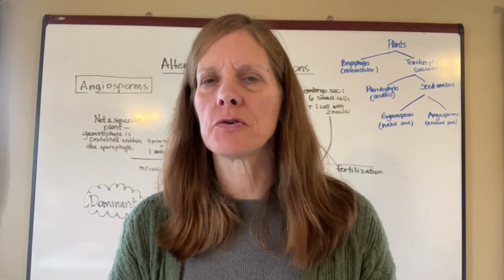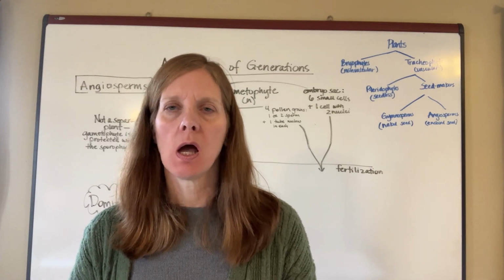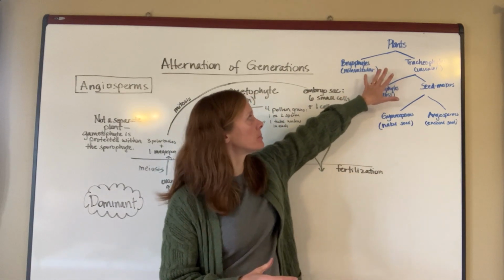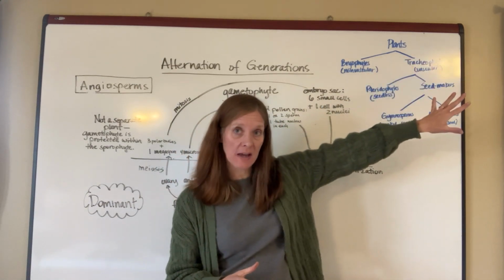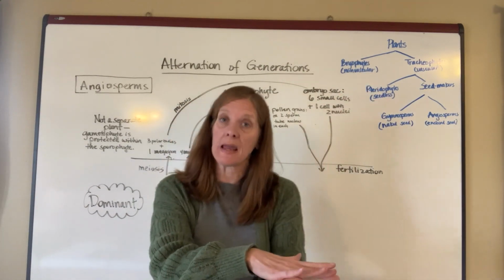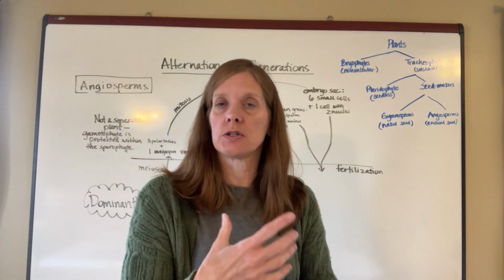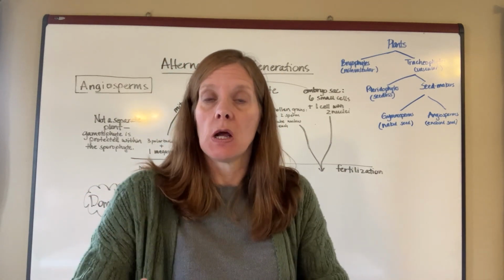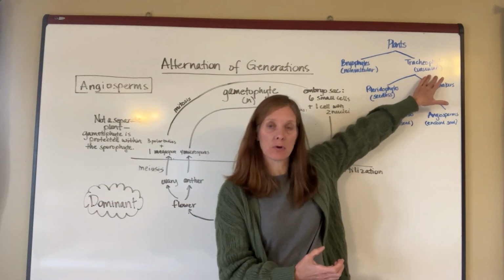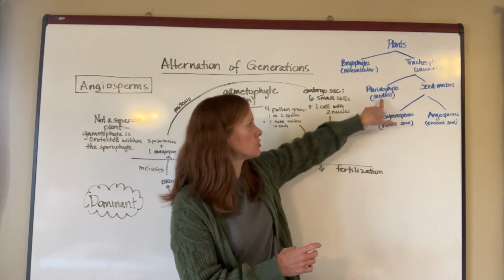All right, we are now to the last group of plants that we're going to be discussing in this module. Again, big picture, we've talked about both non-vascular and vascular plants. The mosses were your non-vascular plants, very low and short to the ground. They have to be because they don't have any tubes to carry water and dissolved minerals a long way. So they have to stay right close to the ground where they're going to be able to absorb everything. Your tracheophytes do have that network of tubes within them, but they are then further subdivided into seedless plants,